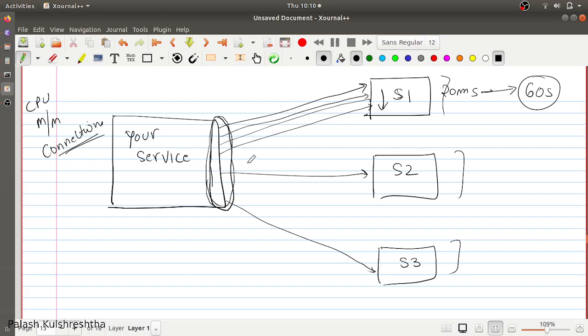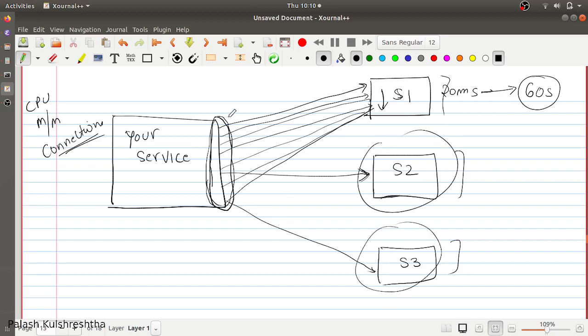If our connection limit is choked, we won't have free connections to make calls to this service. So disruption in service S1 has resulted in performance being degraded or totally stalled for calling S2 and S3 as well, because you don't have enough resources to call S2 and S3.